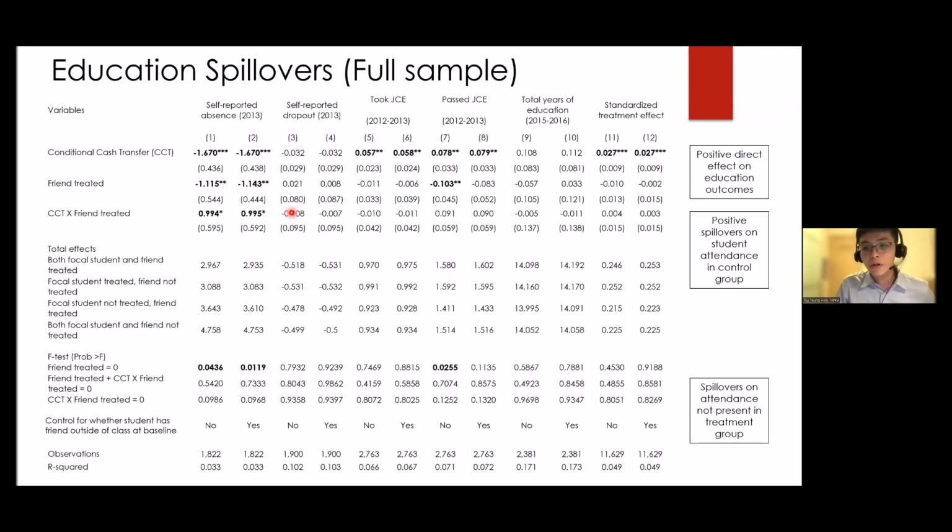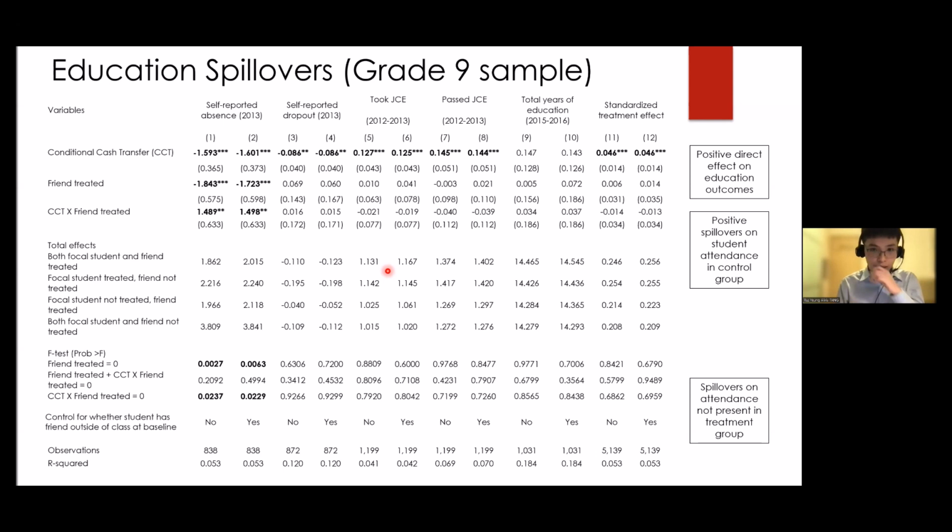However, interestingly, such spillovers were not present if the focal student was in the treatment group, as we can see at the F test here. So here I show we run the same regression, but using a different sample. Instead of the pooled sample, we're using the grade 9 sample. Again, we find positive direct effects on education outcomes, as identified in Kim et al. Those remain. We find that my friend's treatment has positive spillovers on my attendance, and that such spillovers are not present